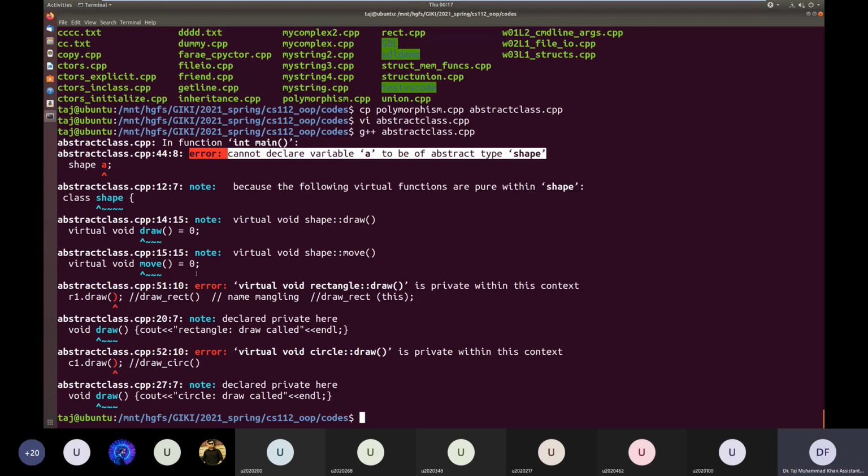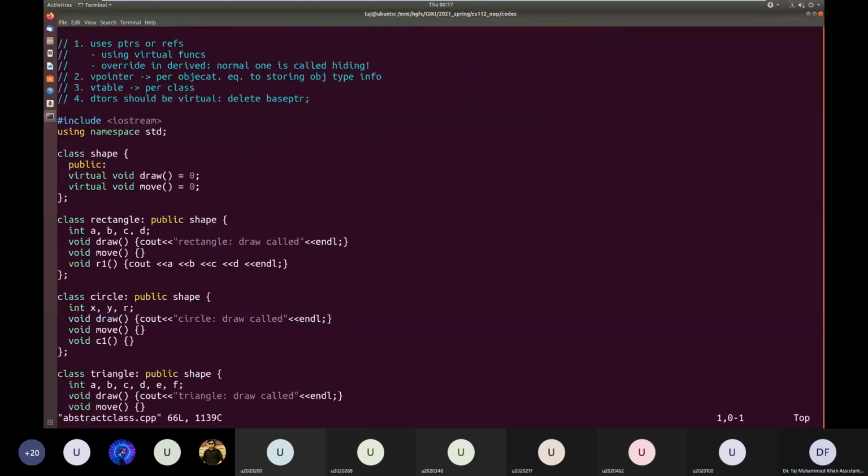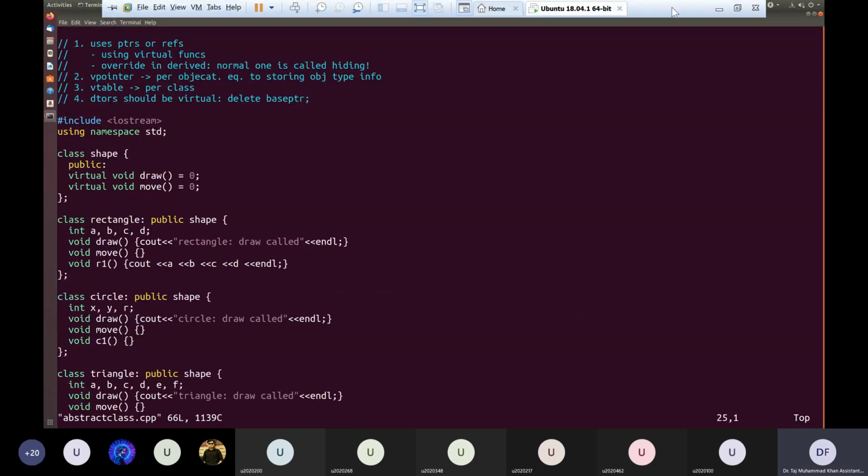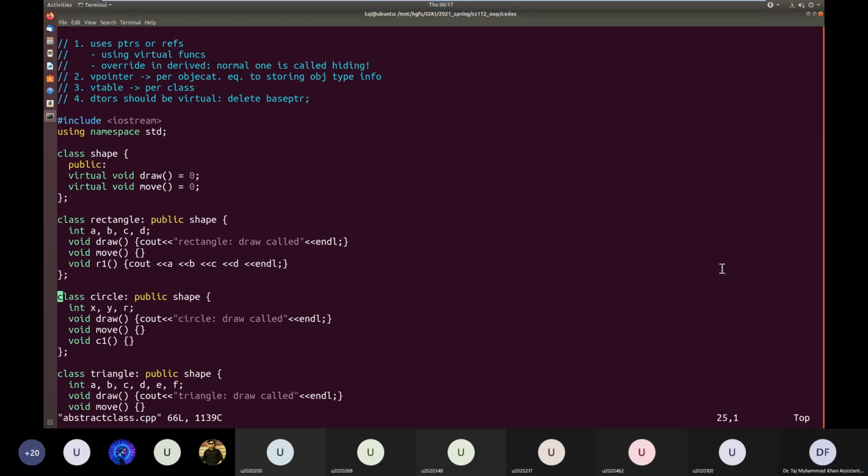So what is the purpose of having an abstract class? Okay, before we go to this, is it clear? What is a pure virtual function? What is an abstract class? And what's the effect of having a pure virtual function? Virtual void draw equal to delete is something different.